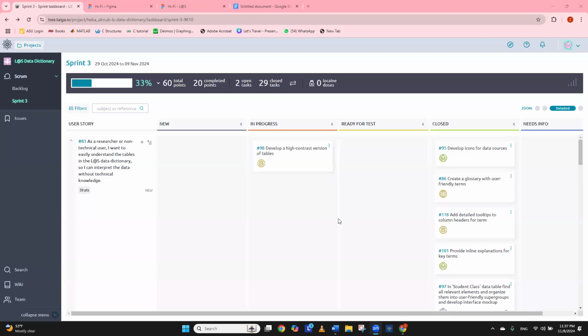Hello, everyone. Today, I would like to present our progress on the Learning at Scale Data Dictionary project from Sprint 3. Our main goal for this sprint was to create high-fidelity designs that make the interface easy to use for both researchers and admins. We focused on creating detailed wireframes, clear user flow diagrams and pseudocodes, and interactive elements like